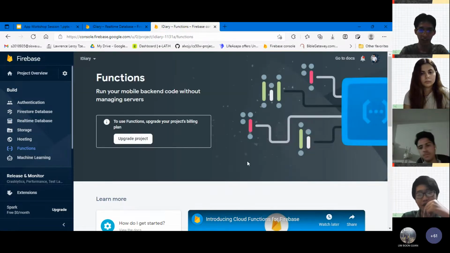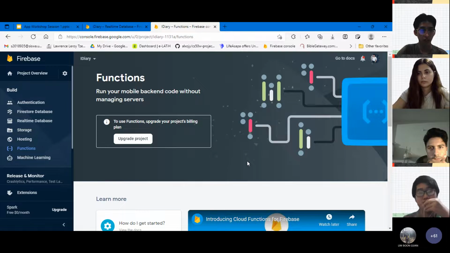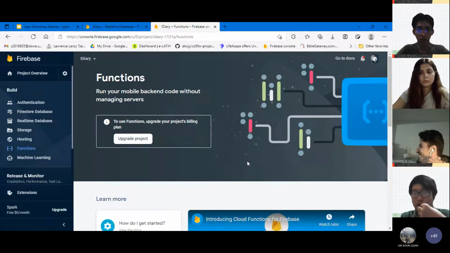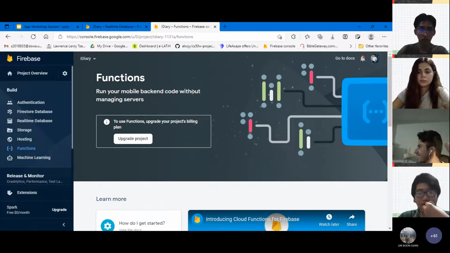For example, for your iDiary app, or any app you create, you can define a function. If it's a new user, then you can give him, let's say, a quick walkthrough like the walkthrough I'm giving you right now. If it's not a new user, then show something else. If it's a long-term user, let's say using it for 100 days or 1000 days, then prompt a message, congratulations, it's your 100th or 1000th day using this app. All this backend code can be written inside Functions. Okay, next.